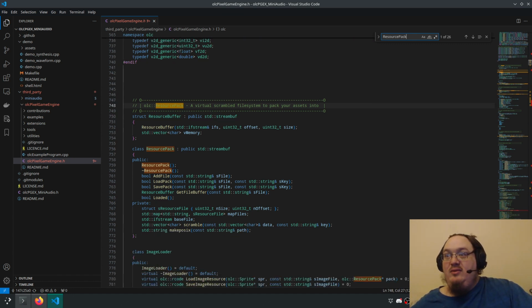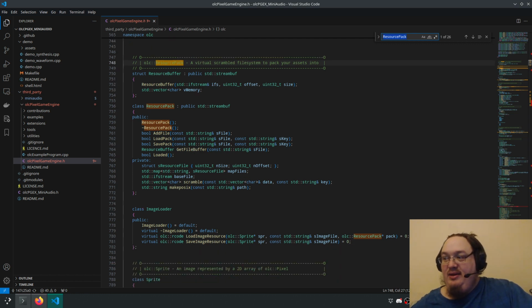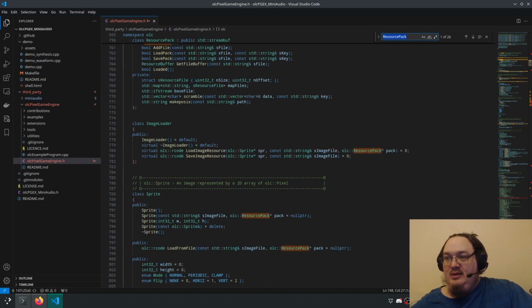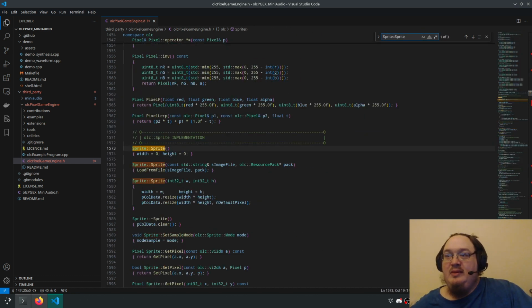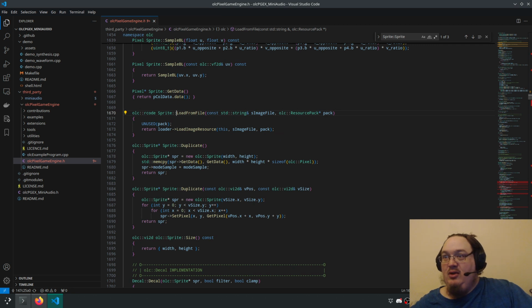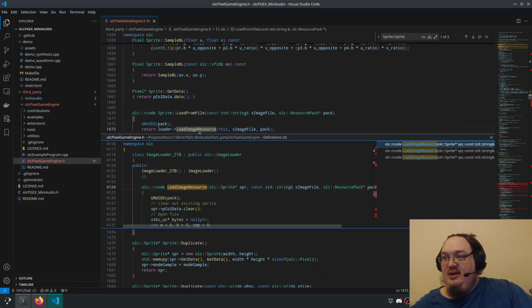All right, and specifically the way it loads Sprite. Actually, we want to look at Sprite. All right, so load from image. Let's go ahead and go to that. Load image resource. Let's go to that.